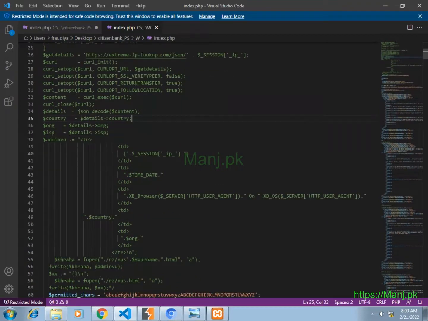But in the second part, I found some interesting artifacts. This type of hint can sometimes provide useful information, like we can see here .xp browser and .xp OS,